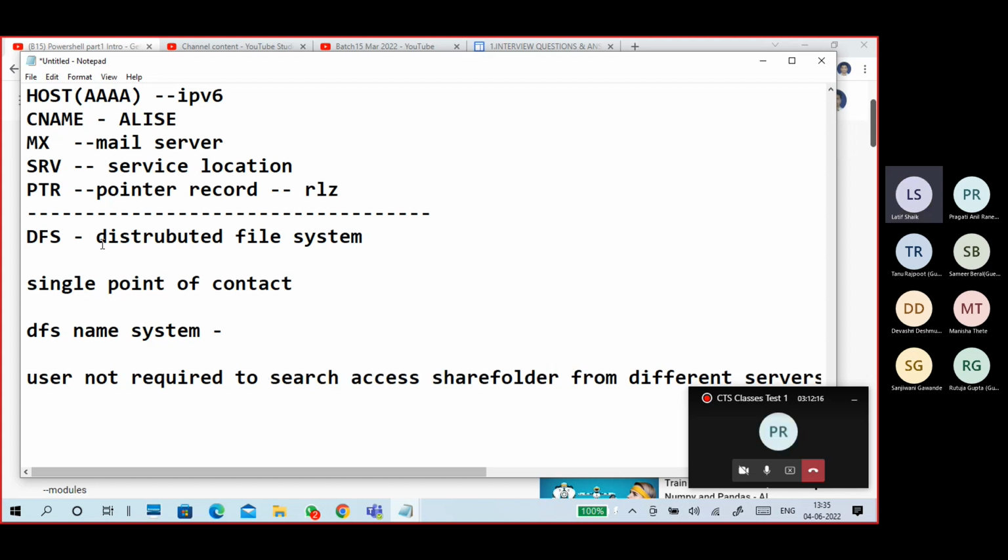The user searches and accesses from different servers with a single name. DFS server.